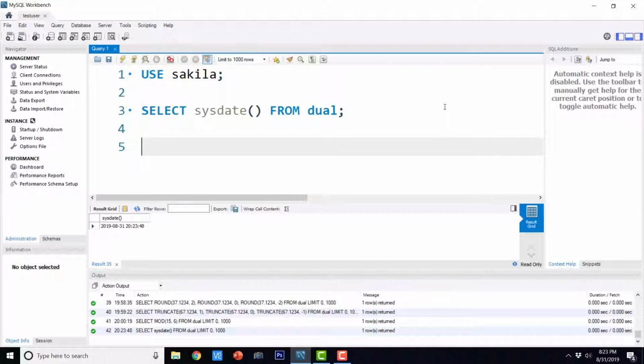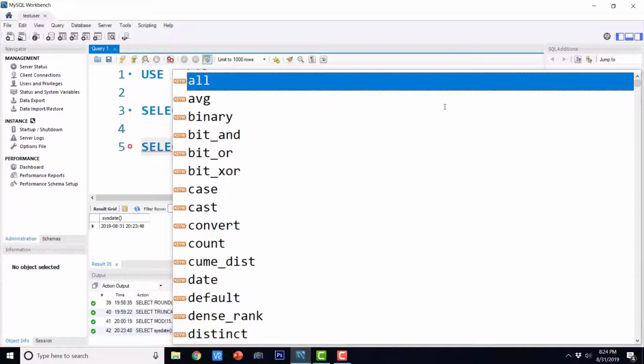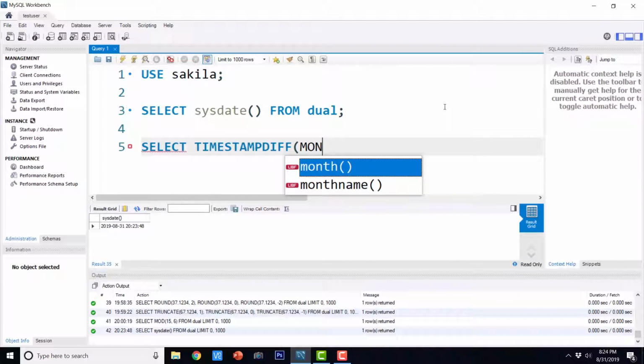Now there is another function that can calculate the difference between timestamps. So let us see that function. The function is select timestampdiff. First we need to tell it that we need the difference in terms of months.